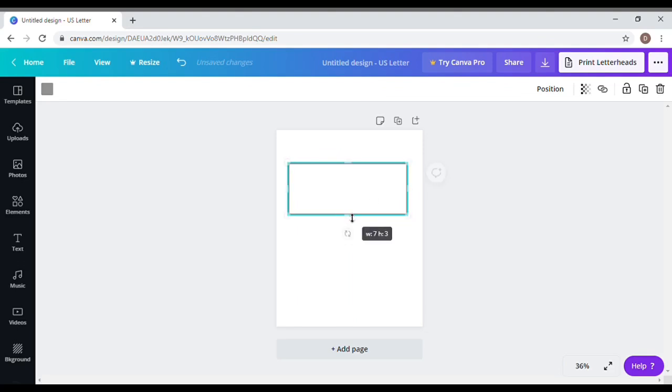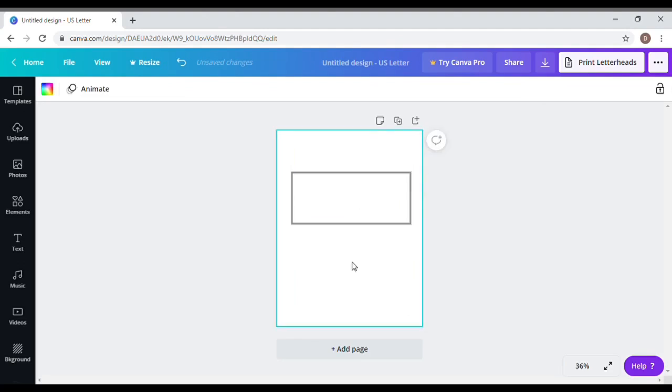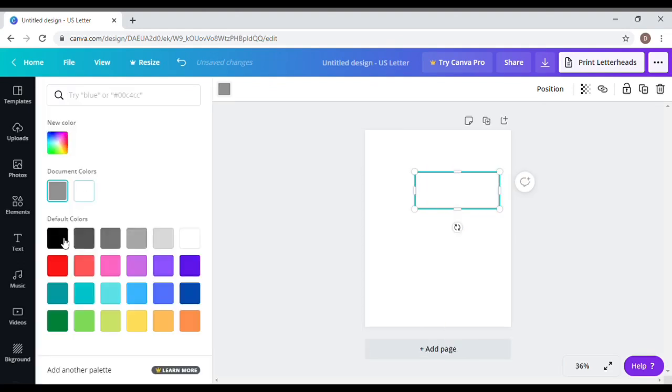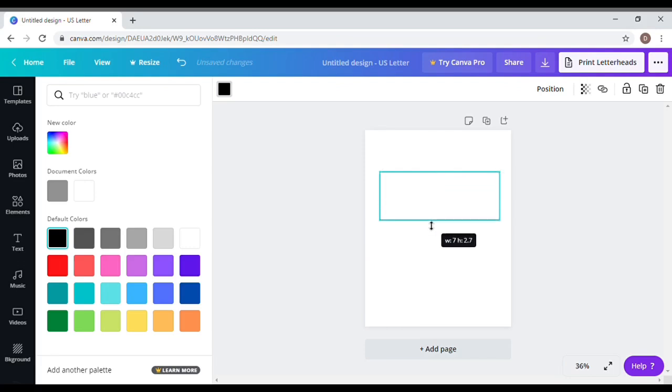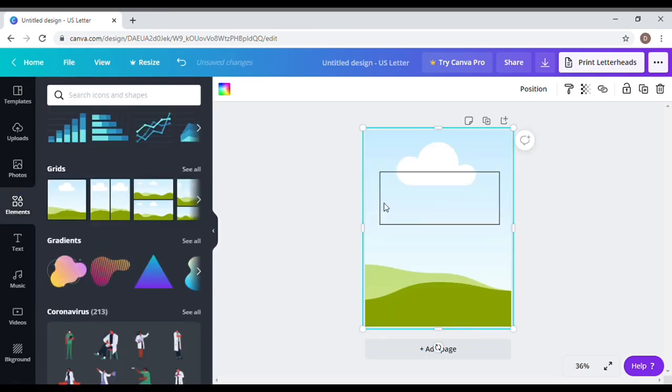Now my envelopes are 7 inches by 3 inches. So I'm just making sure that that's the correct size. Now I like to change my borders to black, just making sure that they're really small, and resizing to 7 by 3. Okay, perfect. So we're going to go back to elements and scroll down to grids and just select